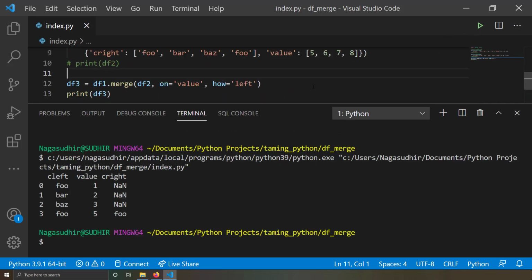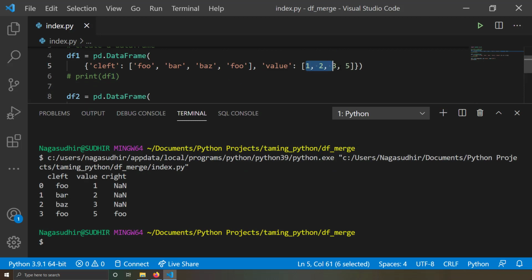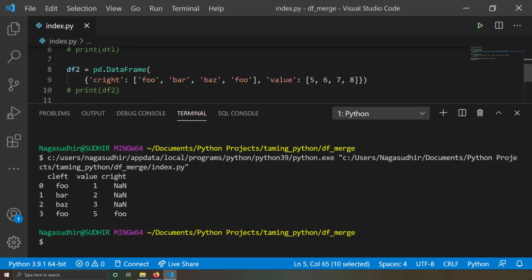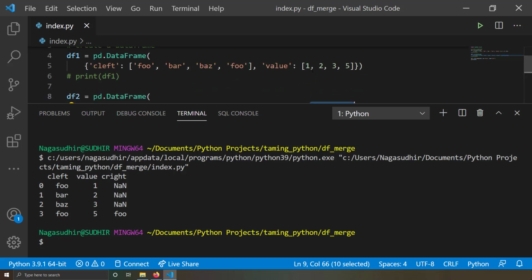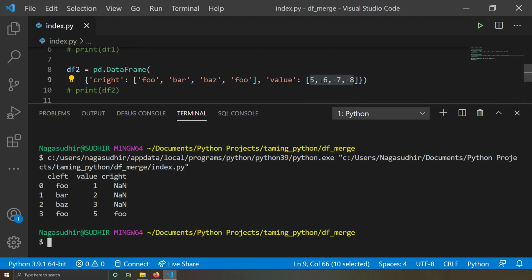So in the left join, you can see all the values of the leftmost only will be considered: 1 2 3 5. The right, it is not required that all values will be considered. The value of the merging column which is on the left will only be populated. So that's why 1 2 3 5. And you can see while merging with the right column, you had only value for 5. That's why you got the value of the right column as correctly.